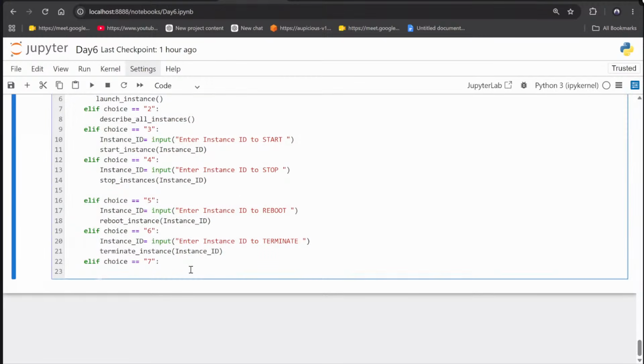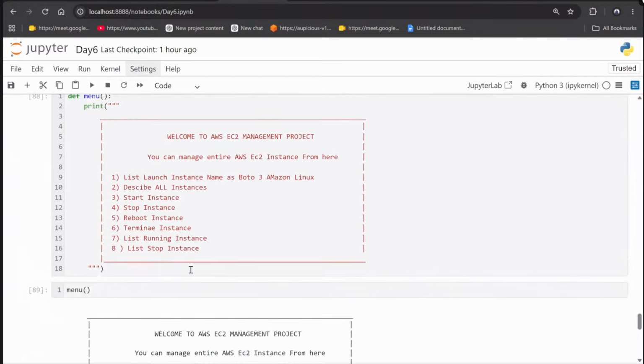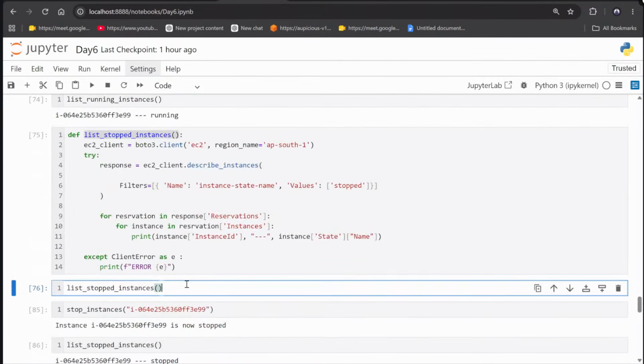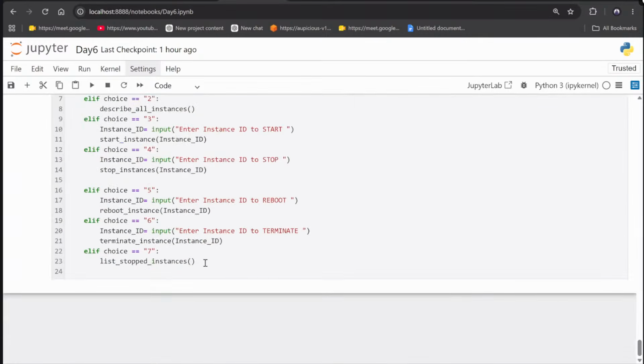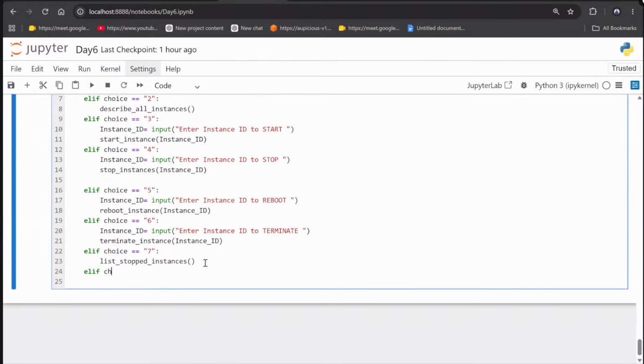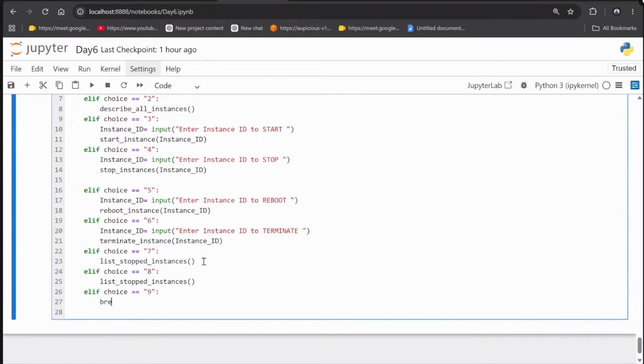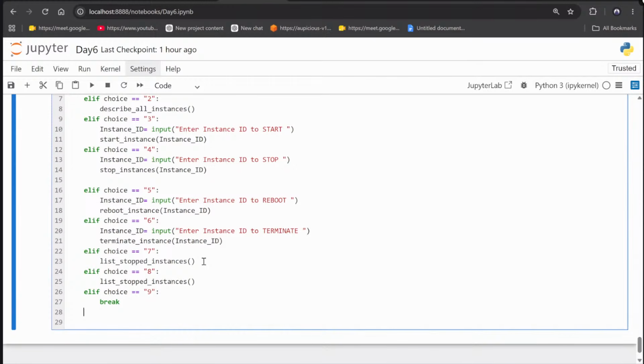So if choice is 7, list the running instances. Maybe list stop instances, so here we can also call stop instances directly. So here we will mention elif choice is equal to 8, run this instance. elif choice exactly equal to 9, then I want to break it. So the while loop will break. Else